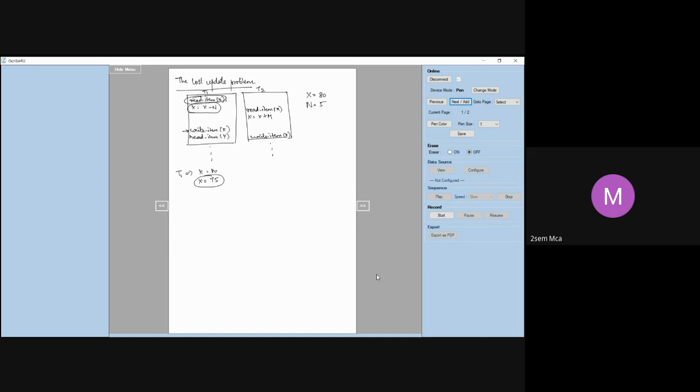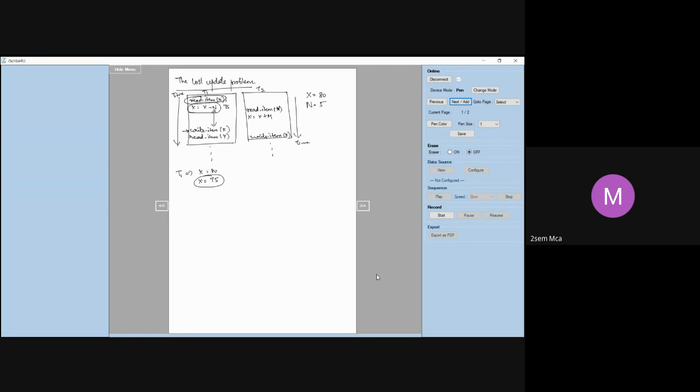This is your time. There is some time gap after T1 has made the update, so the value of X has become 75 at this point.